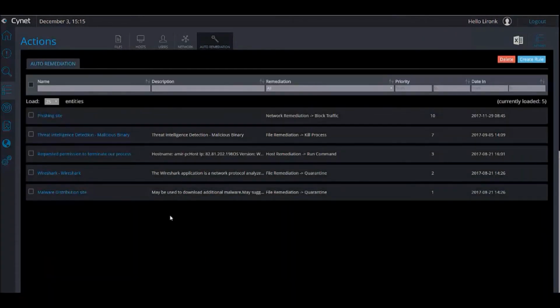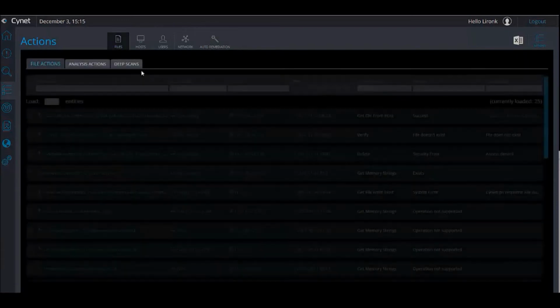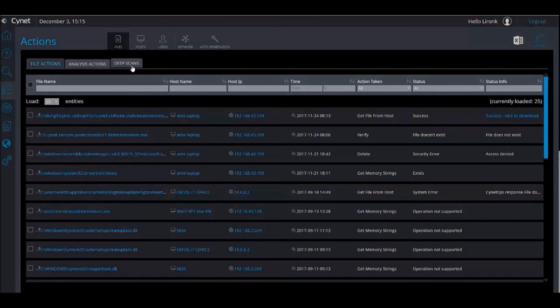In here, you have the orchestration capability, everything regarding creating your own playbook for auto remediation and for orchestration. We have a built-in REST API in order to integrate with other security controls according to your needs. You can create your own rule for a specific attack that you would like to automatically engage with and to respond in a specific way. You also have built-in capabilities to initiate forensic activity. This includes the deep scan, which provides you with the ability to see in real time all the attacker's activity